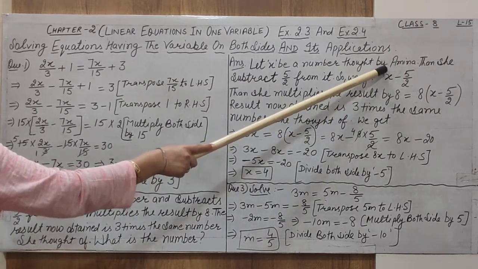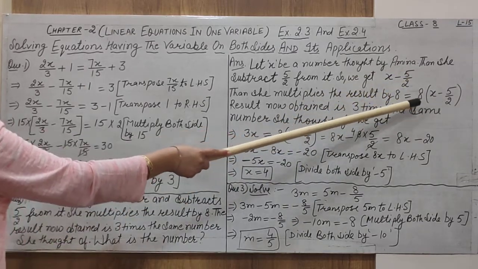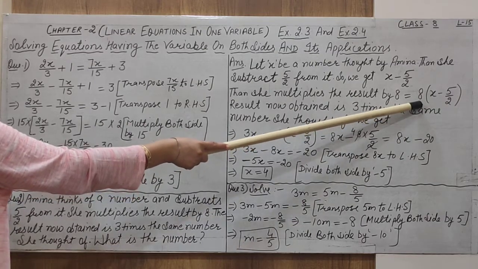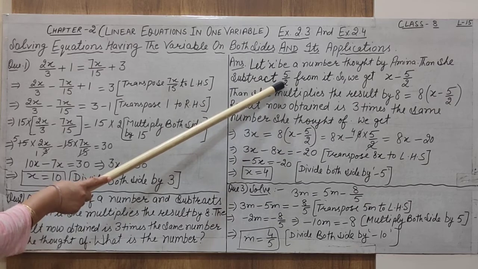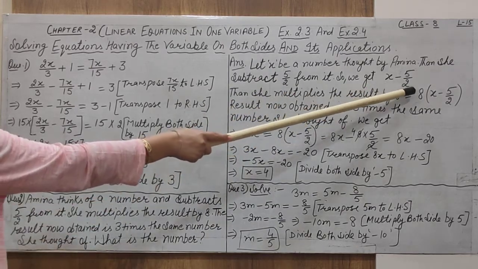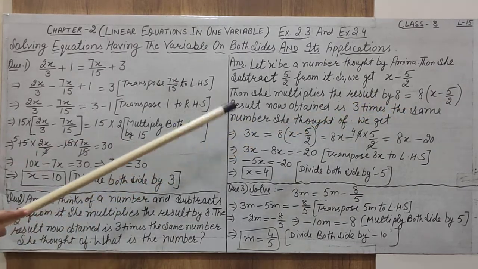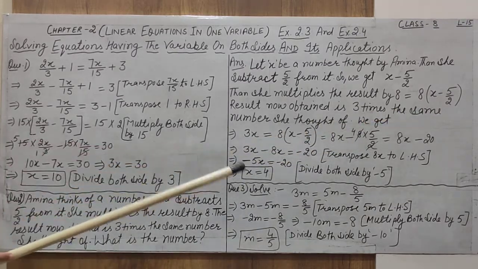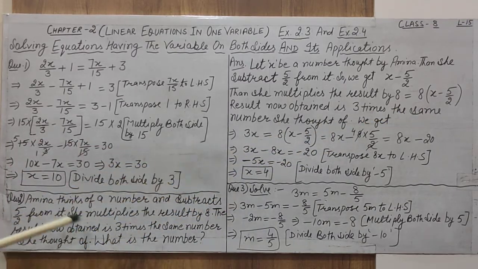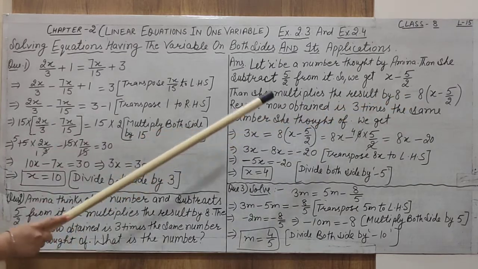We have to collect these two terms in a bracket and multiply these terms with the 8. By this method, 8 is not multiplied with x only, not with 5/2 only, but with x minus 5/2. That's why I have selected x minus 5/2 in a bracket as a single term. Now, next line, the result. Alright, what is the result? 8 multiply x minus 5/2.